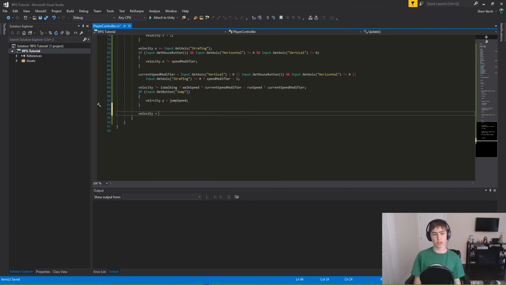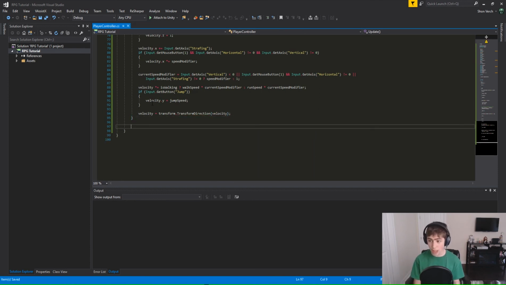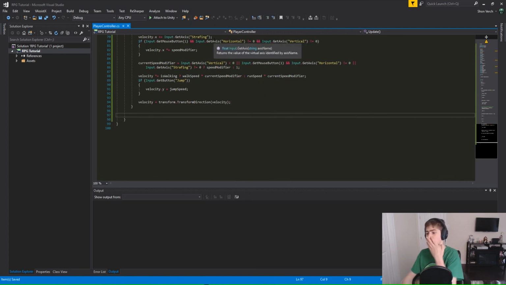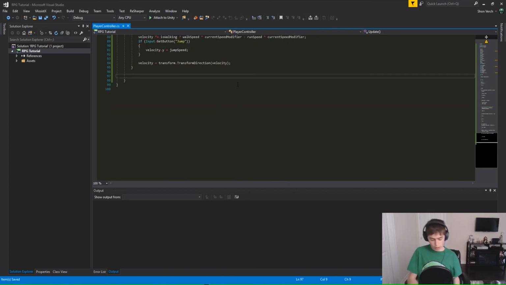And we need to say velocity is equal to transform direction, velocity. This is going to transform it. And then in here, we need to do some rotations. Though I do want to make sure this all works, but that we can do in a little bit. Right, so we just need to say, we're going to rotate our character now. So if input